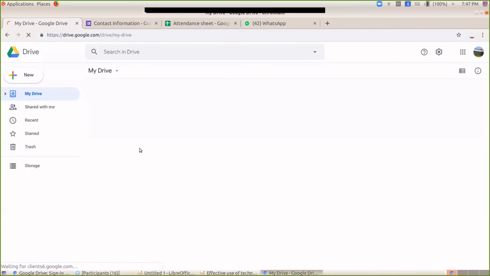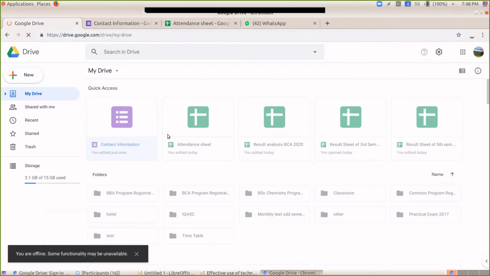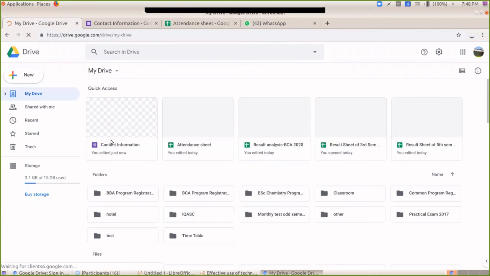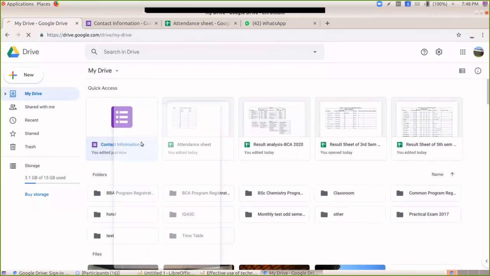So when you open your Drive again, there is the contact information form. So when you open Google Drive, you can see the contact information form here.